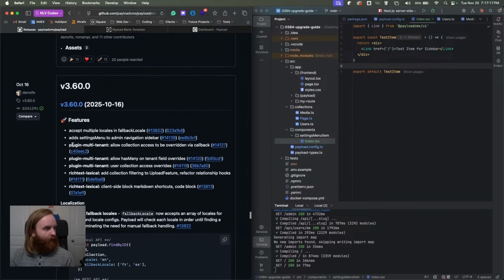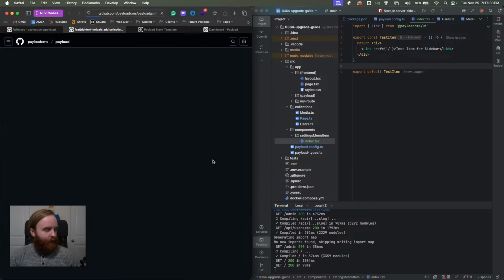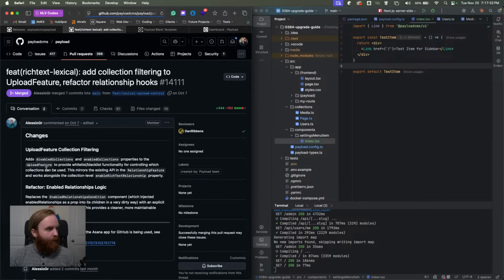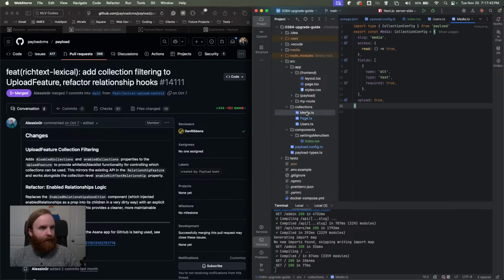So that was 3 quick hit things for the multi-tenant plugin. You can now add collection filtering to the upload feature, which is a pretty big deal. What this is going to do is you can enable and disable collections that can be used in an upload feature. So for example, if we had 2 media collections,